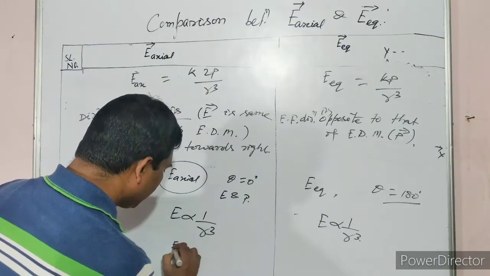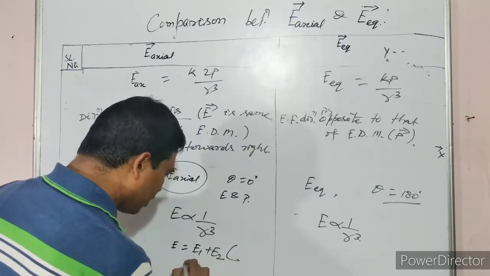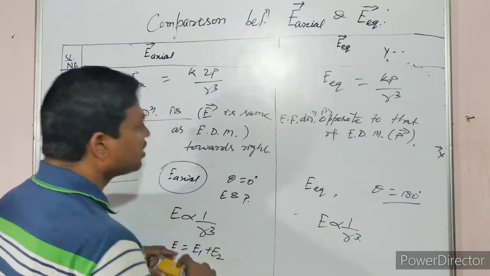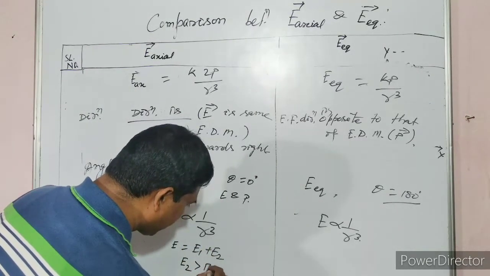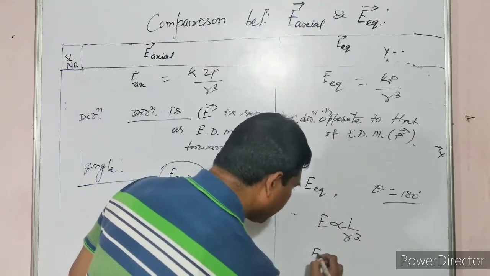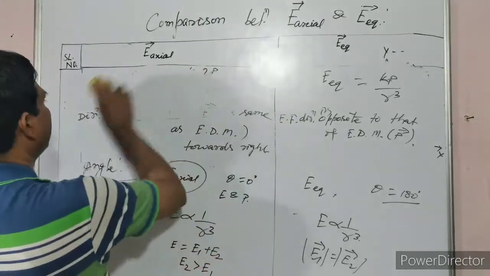Here E is equal to E1 plus E2. Which one is greater? E2. So E2 is greater than E1, but here E1 is equal to E2. I am erasing. Okay, now the question is